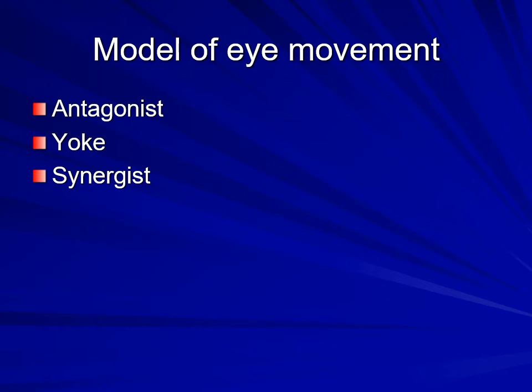The models of the eye movement are helping us to understand how the eyes move. The simplest model of the eye movement is the antagonist and yoke muscles model. We have antagonist muscles, which are moving one eye in opposite directions, and the yoke muscles, which are moving both eyes in the same direction, and the synergist muscles, which are moving the same eye in the same